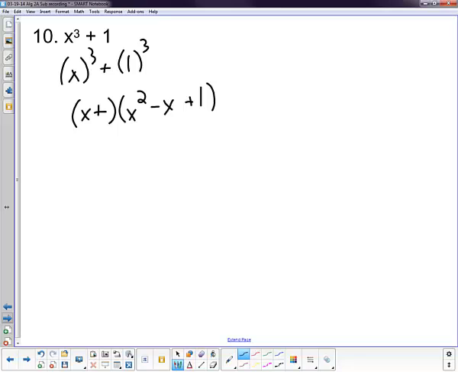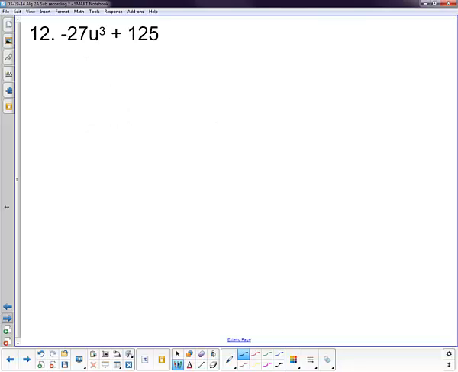And last but certainly not least for your POD is 12. Now here we get a little more complicated, but still kind of fun. The cube root of negative 27 will be negative 3, as I'm sure you found. And the cube root of u is u. Plus, again, the cube root of 125 is 5. And again, same thing as before, we applied directly. So negative 3u